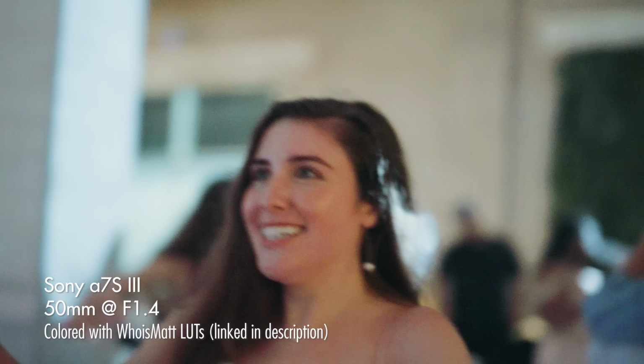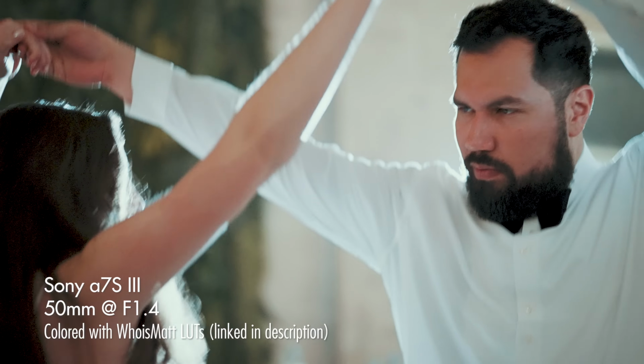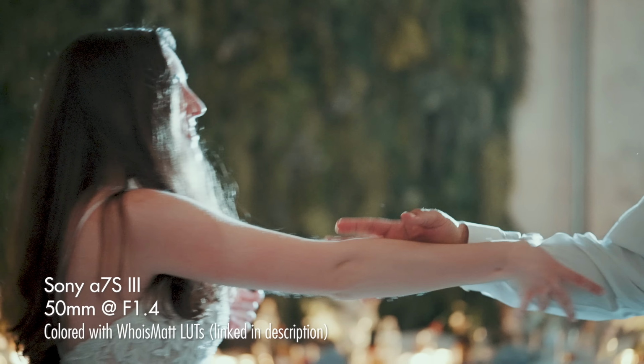I wanted to feel how this lens felt as a very lightweight handheld setup on a camera, and I gotta say, it felt great. More than just a feel though, visually this lens is very impressive as well. It's very sharp and the bokeh feels really creamy, which is great. To be clear, you're not going to get the ridiculous level of bokeh that you would get with a 50 1.2,